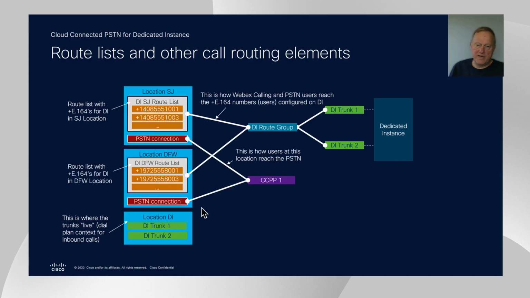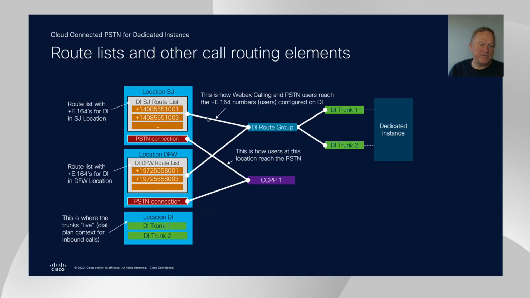All right, so now you can have multiple locations in Webex calling, and these locations could use the same DI route group, so the same connectivity to dedicated instance, and that location could use the same cloud-connected PSTN provider, or it could be a different PSTN provider. Right? If you look at any of these locations here now, let's start with the one on top, you see that there's two